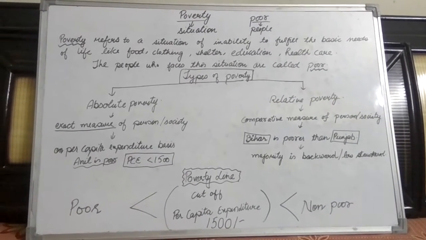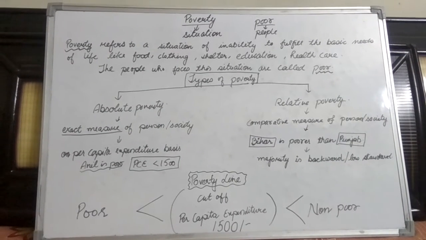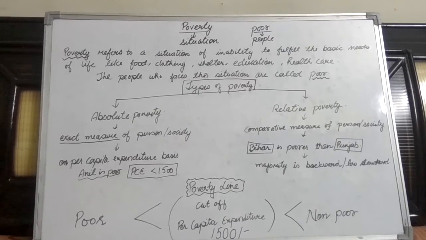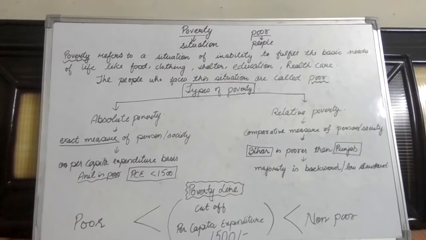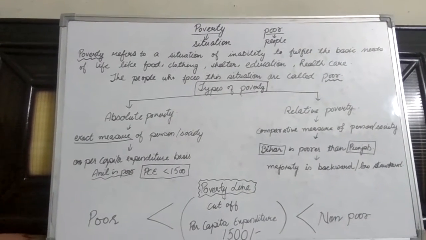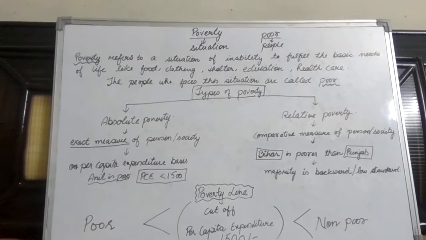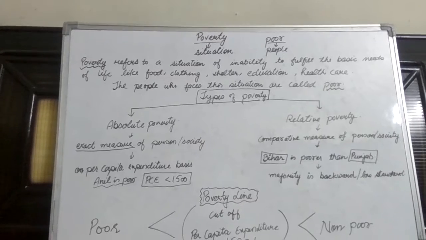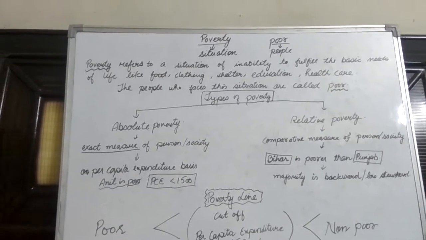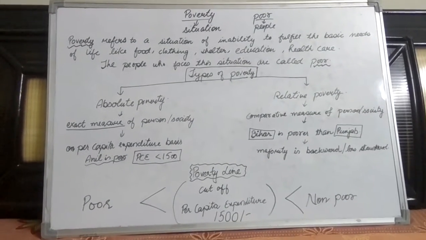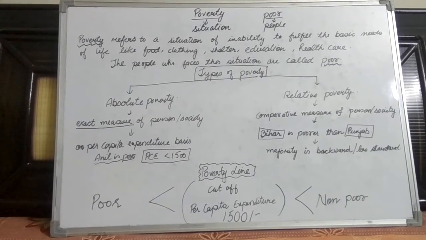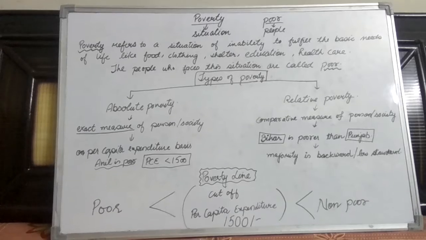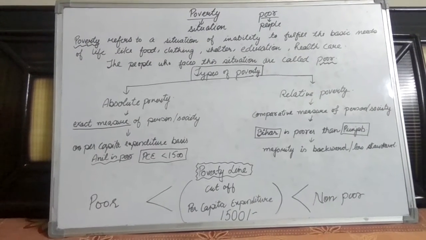As this class deals with the starting of the second unit of your Indian Economic Development textbook, that is, current challenges facing the Indian economy, and the very first challenge that we have taken is poverty. Dear students, you must know that this concept seems very simple and easy, but it is comprehensive in itself. No doubt you must have an idea of how to tackle the problem and how to represent its answer in a theoretical way, and you must have knowledge in hand to describe the data briefly.